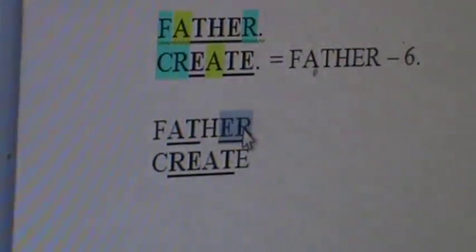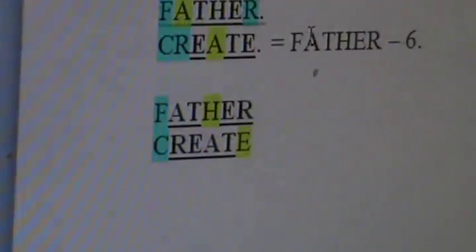R-A-T-E, there it is. Oh my goodness. And then an H differs from an E by 3, and an F differs from a C by 3. So an F is 3 points higher than a C, and an H is 3 points higher than an E, and everything else is dead equivalent. So that the Trinity is maximally glorified simultaneously in this Father-glorifying set of letters, create. Wow.